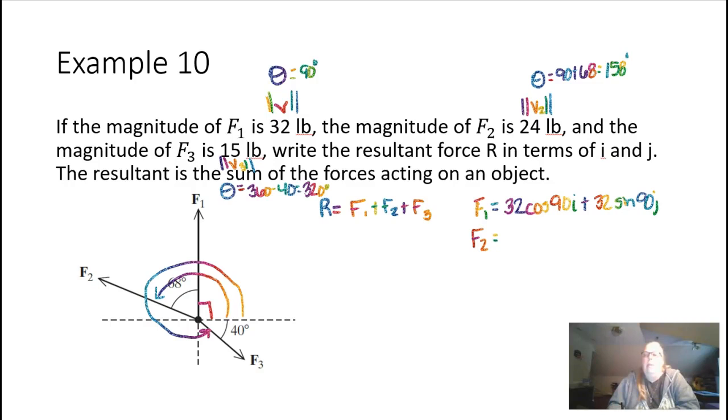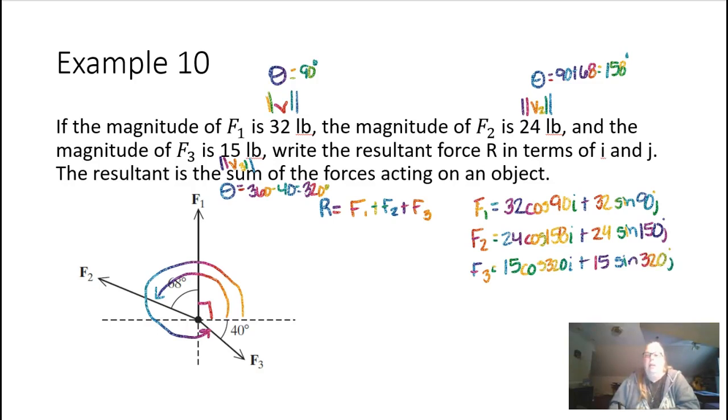Force 2 is going to be 24 times the cosine of 158 times I plus 24 times the sine of 150 times J. And force 3 is going to be 15 times the cosine of 320 times I plus 15 times the sine of 320 times J. That means our resultant here, this is going to be a long one, R is going to be